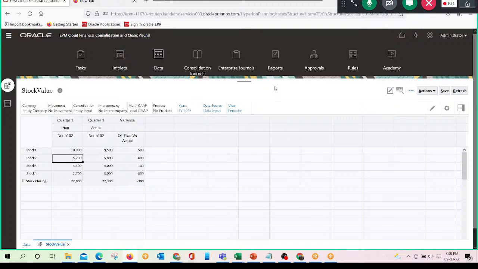So in place of 5,200, we have used more plan. We are having more stock value at our end closing stock. Similarly for Stock 3, we planned for 4,100, while the actual stock value, the closing stock as on date for Quarter 1, is 4,000, and the variance we can say is 100. So overall the stock value has been reduced by 300. So this is the data form through which we can apply the different formula,